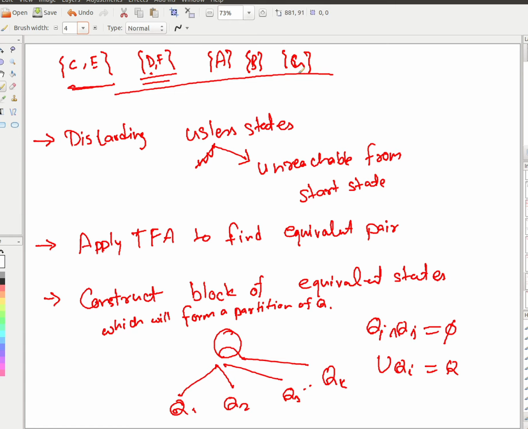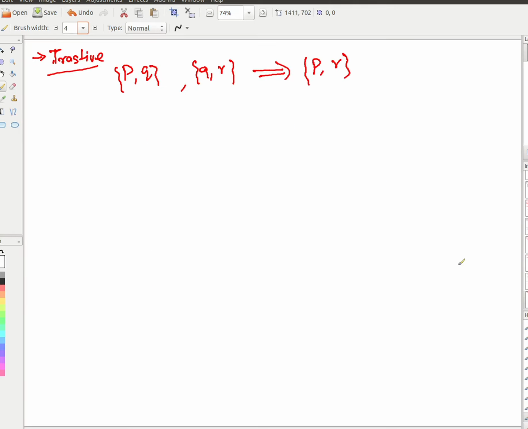Is it clear now? So you have to prove that this blocking, that putting all equivalent states together in a block or a set, forms a partition. We are proving that. So to prove that, you have to prove a few of the properties and understand. So I think the transitive property is clear to everyone, or is there any doubt? You can easily prove it by contradiction. Now going ahead,